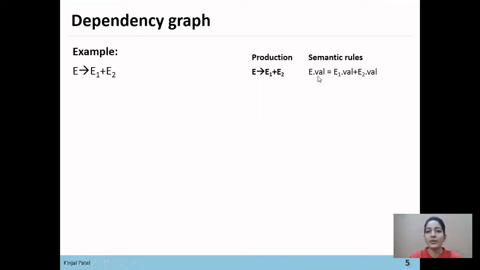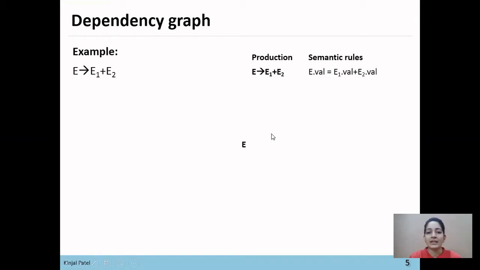So the value of E will be computed from E1.value and E2.value. If a synthesized attribute is used in a production rule, then its value will be computed from its children. To show this dependency, a dependency graph is used.